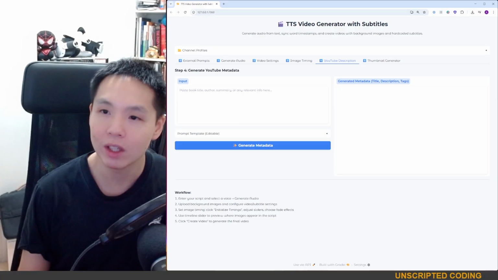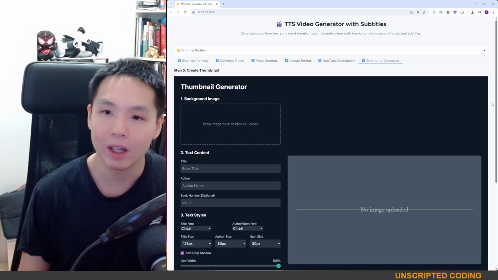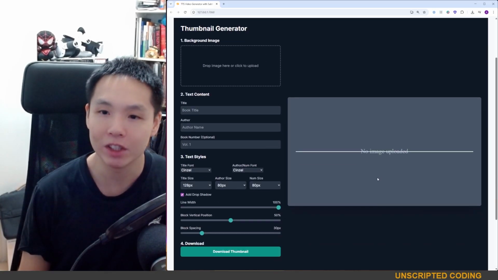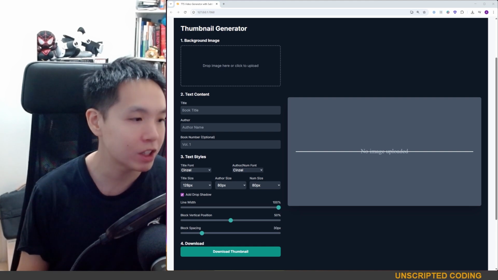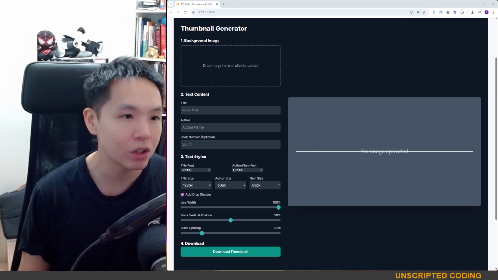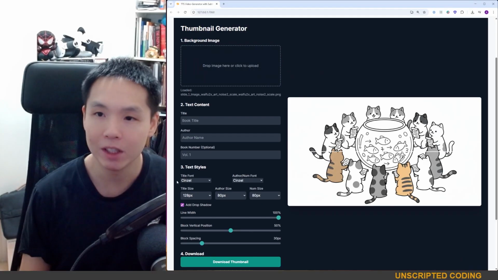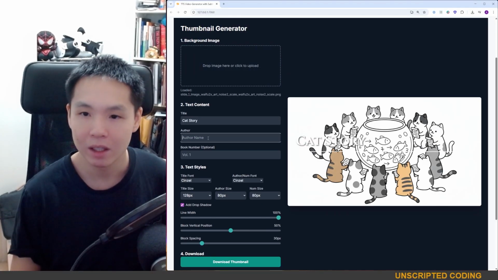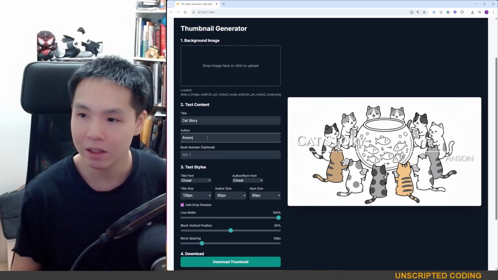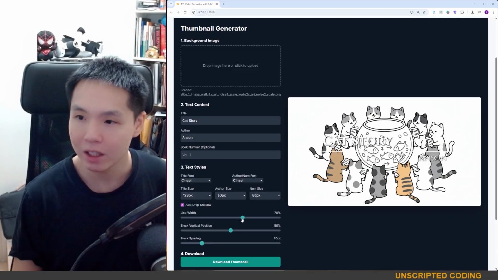And then finally, I just have a couple basic things. So here we can throw in a description and it'll throw out the metadata. And finally, I really like this thumbnail generator. I didn't even change it before, but it's much quicker for me to throw an image in and say cat story by Hanson and adjust it